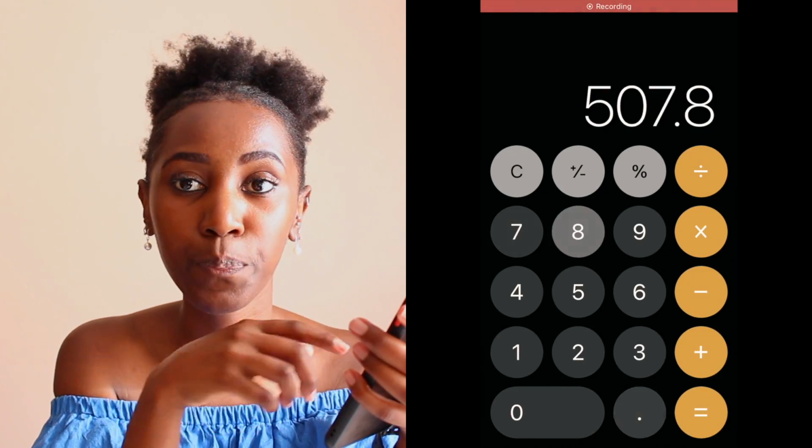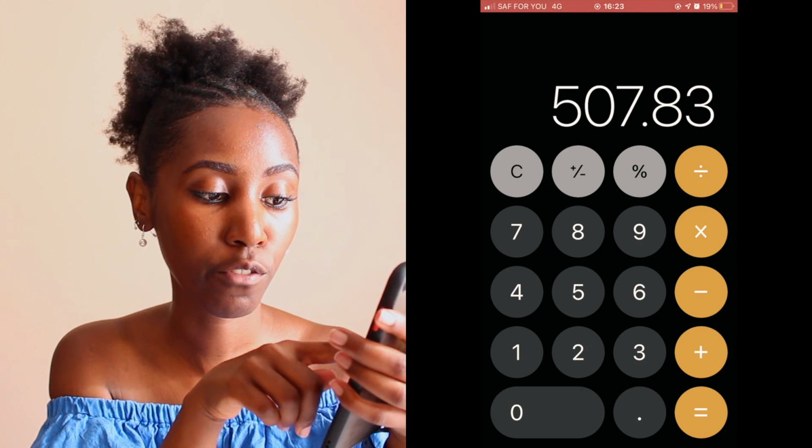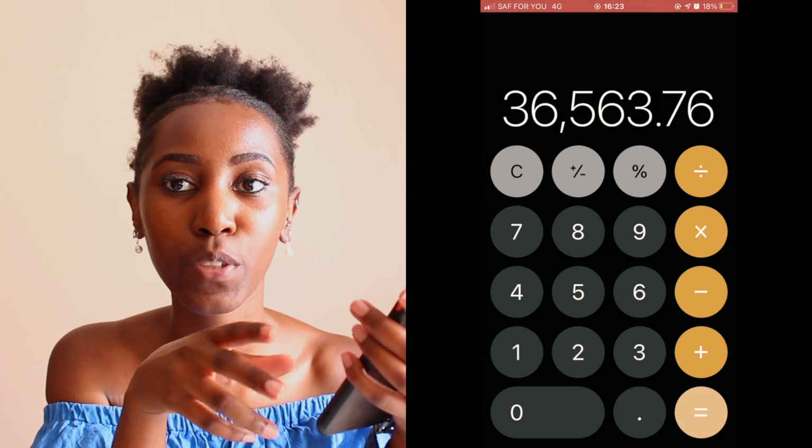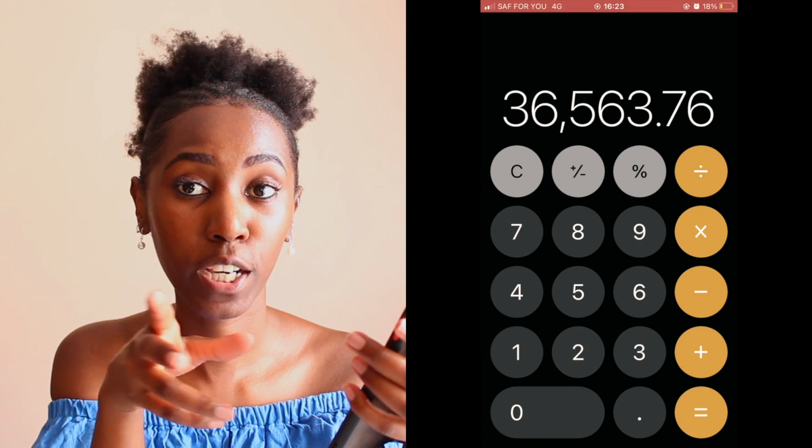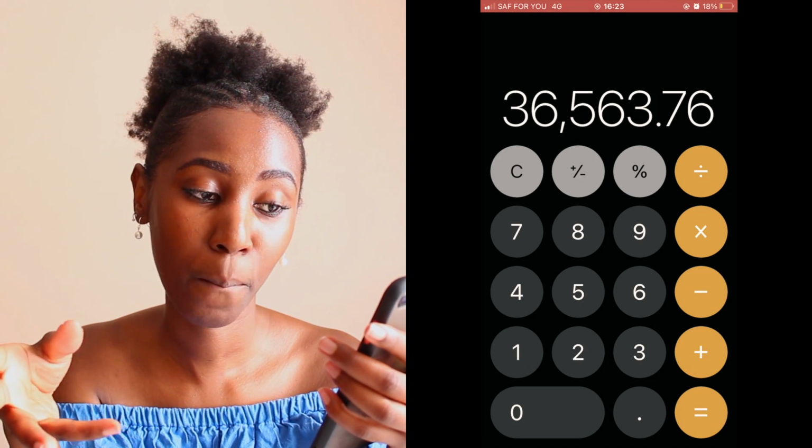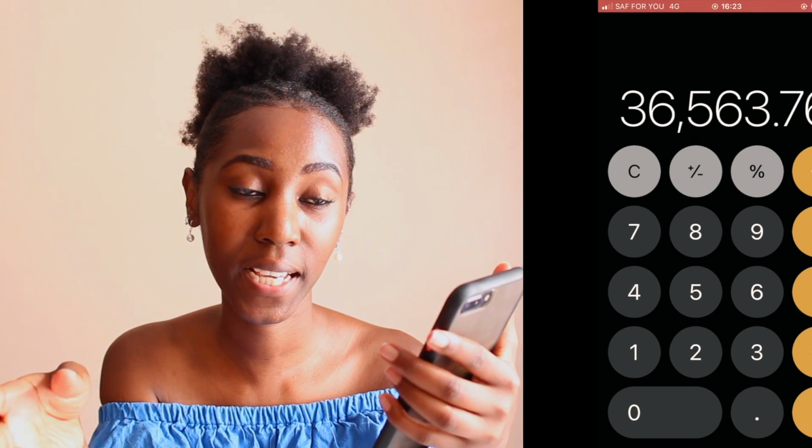Look at what is eating up your extra, because if I have to do 72 cakes for me to have a low overhead cost, and it's too much work for me, maybe I can only manage to do 30 cakes. Let's look at it like that. 507.83 is for me to do 72 cakes a month. So if I cannot manage to do 72 cakes a month, and I can only manage to do 30 cakes a month,